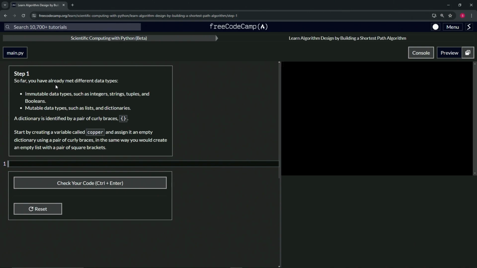So far, we have already met different data types. Immutable data types such as integers, strings, tuples, and booleans. Mutable data types such as lists and dictionaries. I forgot what those were. A dictionary is defined by a pair of curly braces. Okay, so it's an object in